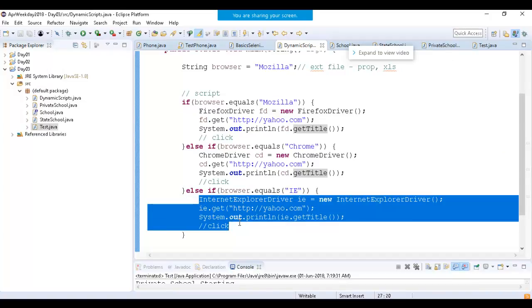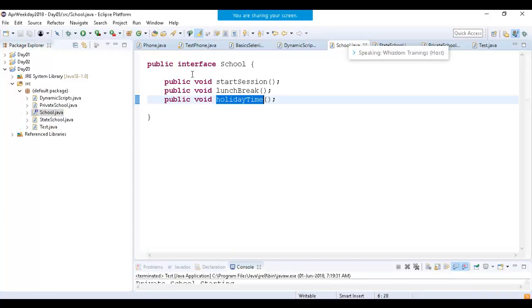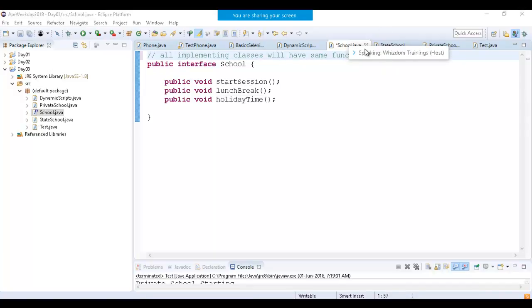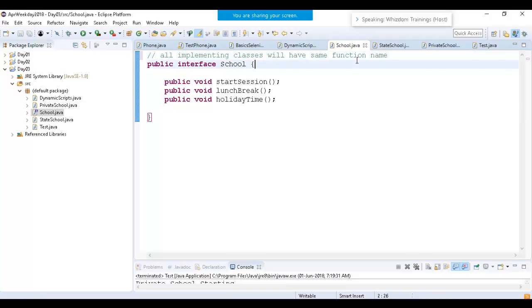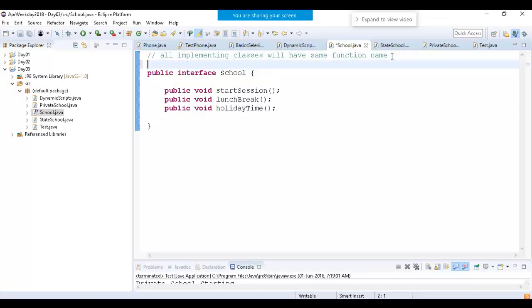Okay, now the solution to this also comes from interface. The first thing which we learned from interface is that all implementing classes will have the same function name. Okay, right. Now